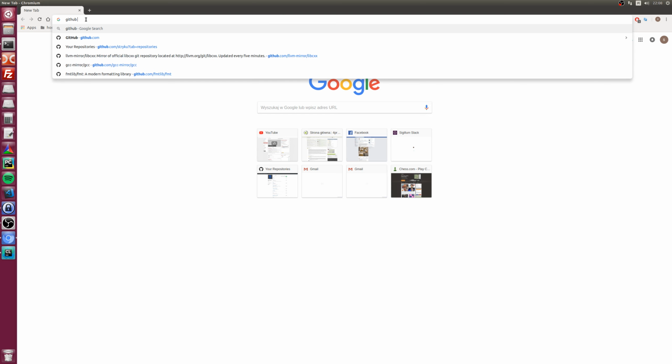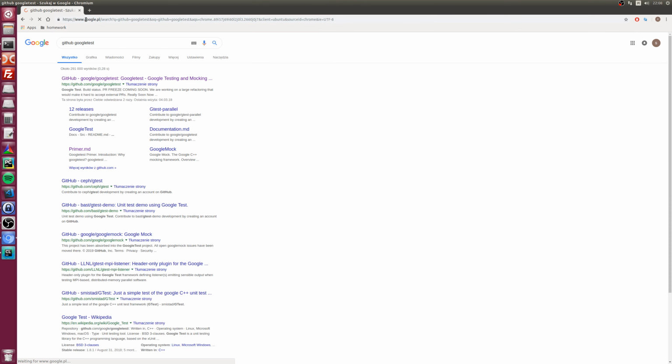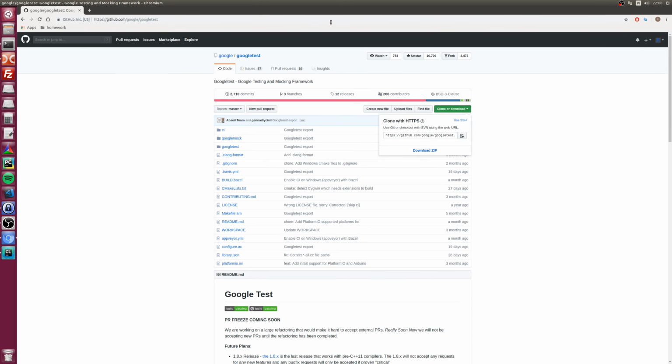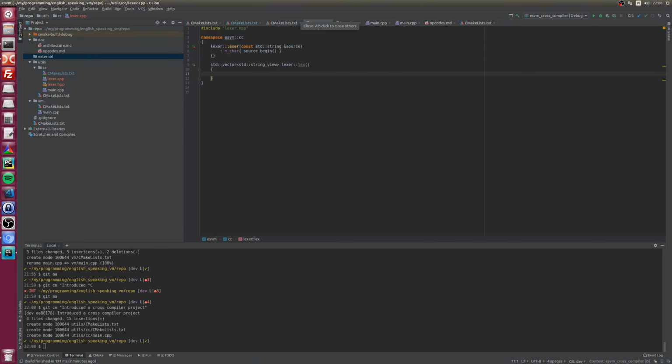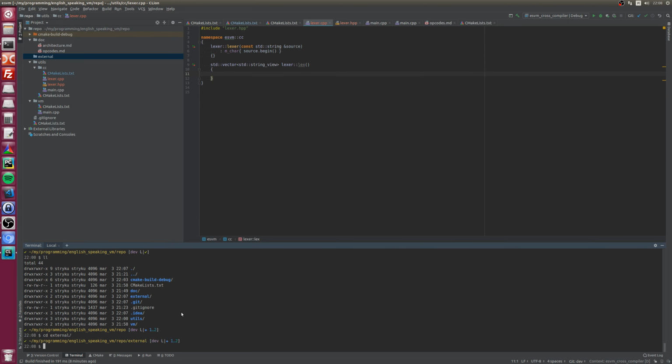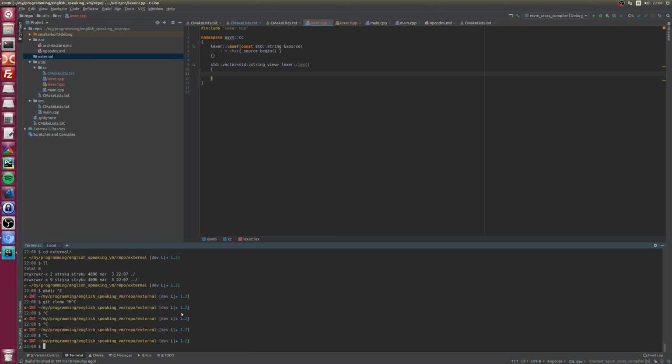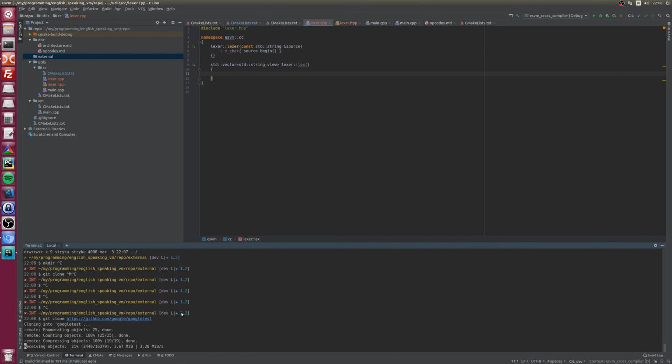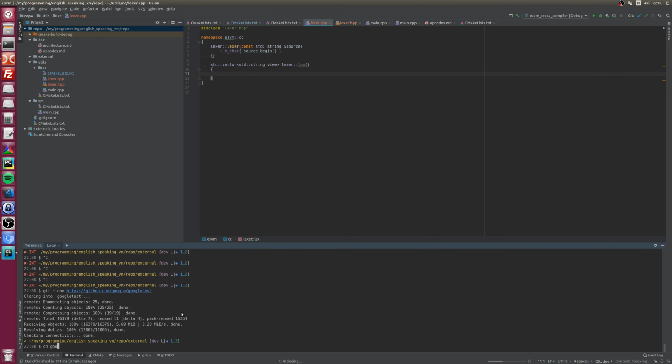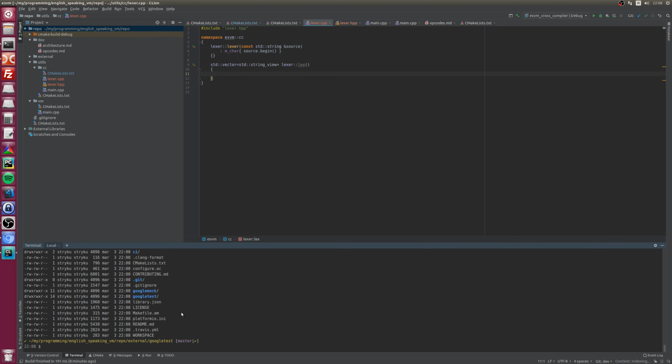So Google tests, cool. Okay. Git clone. Okay, let's remove the Git repository.